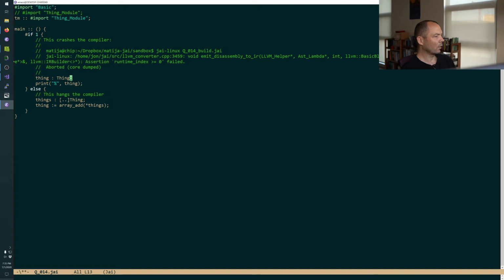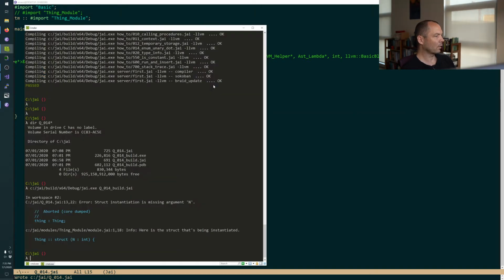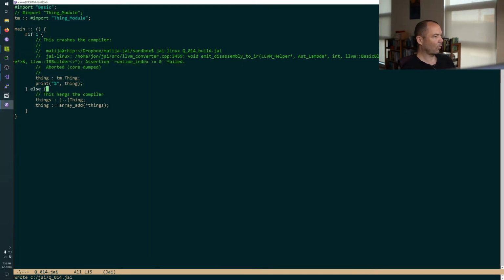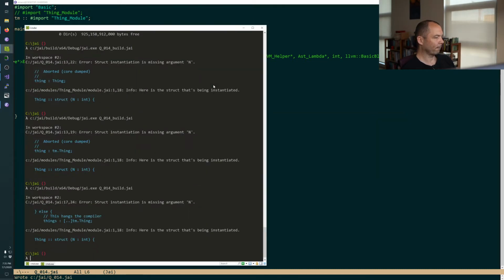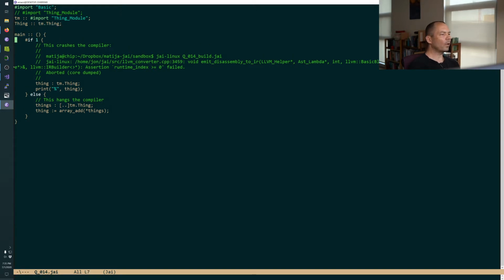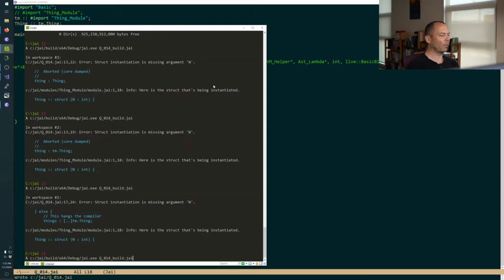So if we do this, hey, it works. And this. Okay. So that's fine. However, we need to go one further, which is we're supposed to catch when a polymorphic struct leaks into the outside world.